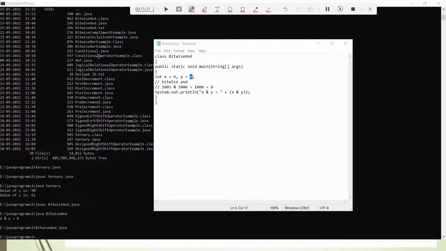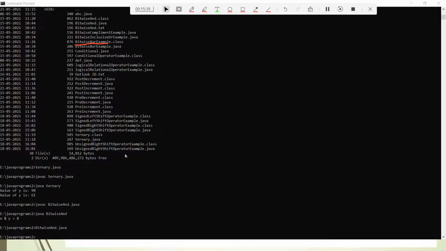For that we have the bitwise XOR example. Now let me open that first. I will just type javac BitwiseXORExample.java.